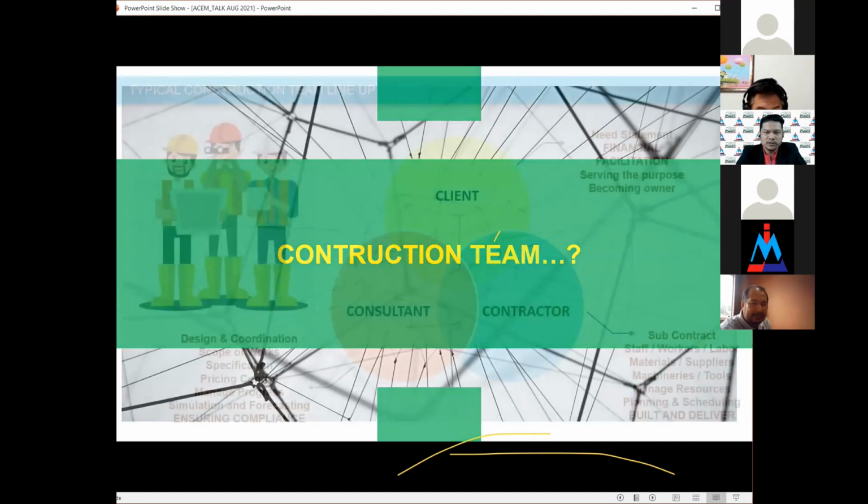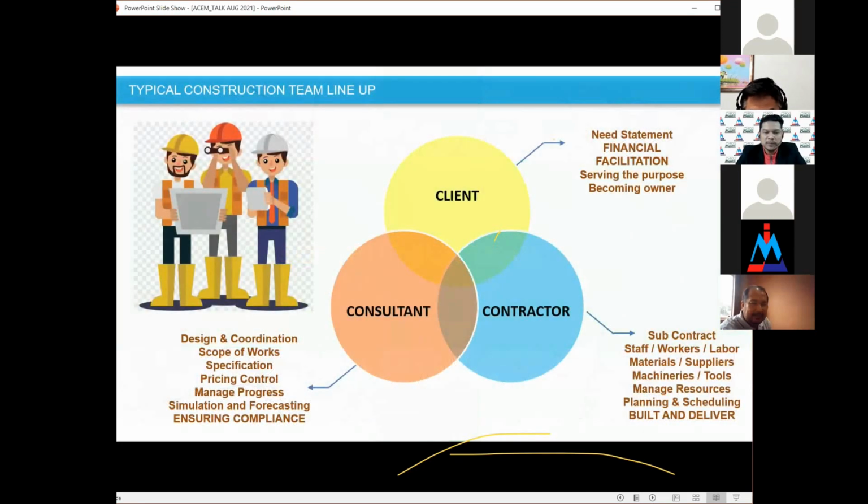Okay, we go to the construction team. People keep asking me why I need to take this certification or competency cert from the CIDB, whether I'm a client, a consultant, or a contractor. So what is the benefit of having this? If we understand the typical construction team lineup, we have the client, consultant, and contractor.